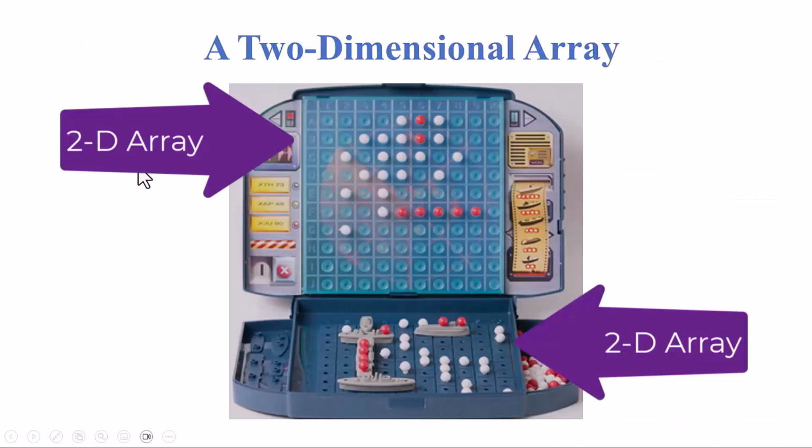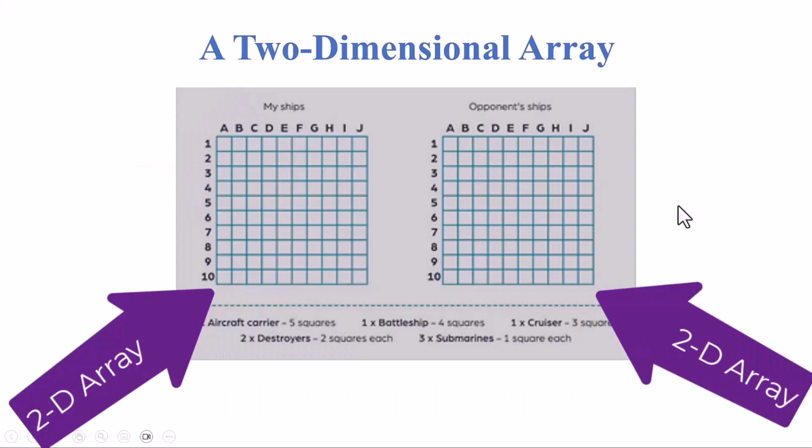You've done this before, back in the days when you were a kid, or something. Maybe now you still play the game of Battleship. You're using an array here. As you can see, we've got the 1, 2, 3 through 10, and we've got A, B, C, just like a spreadsheet where you're putting your ships and you're guessing where the other players' ships are. In fact, back in my playground days, Battleship was a game we played on graph paper. We used something like this, where my ships were here, the opponent's ships were here, and we used an array,